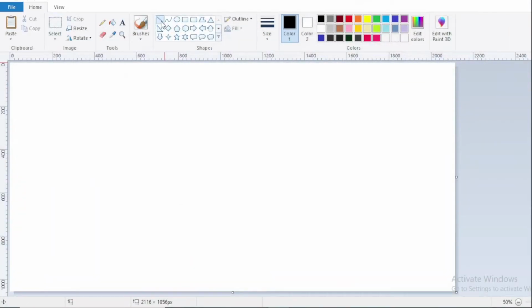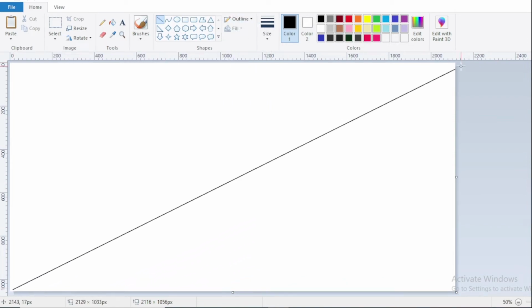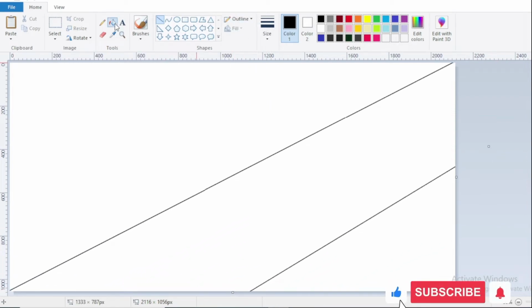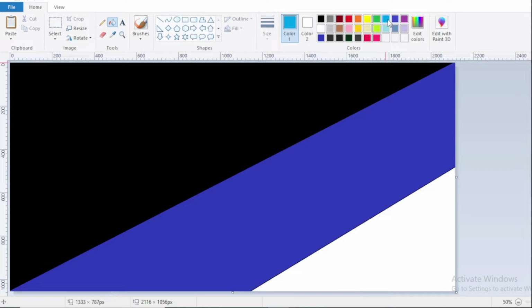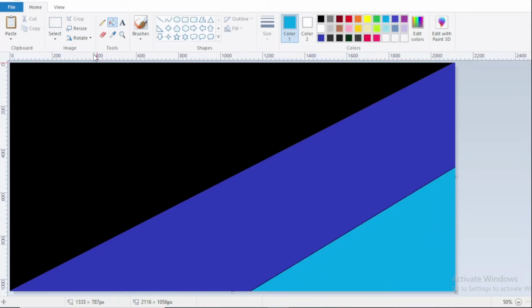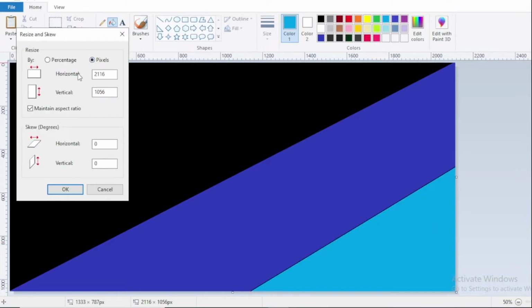First, select the line and also select solid colors. Drag it like this. Using the Fill with Color tool, select different colors from the color palette and fill different areas with color. After that, go to Resize, click on Pixel, deselect Maintain Aspect Ratio, remove the size using Ctrl X